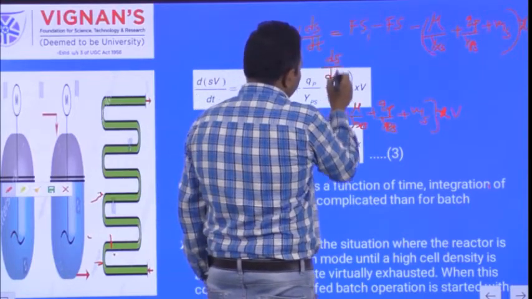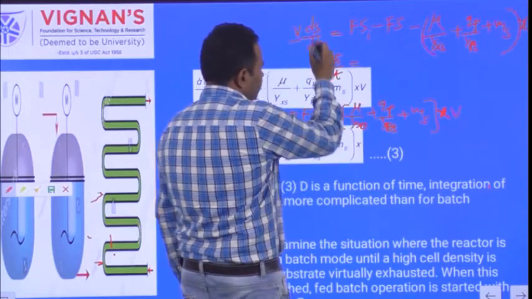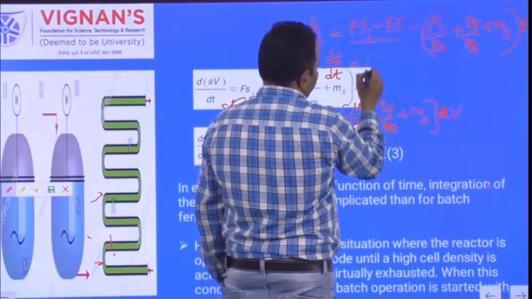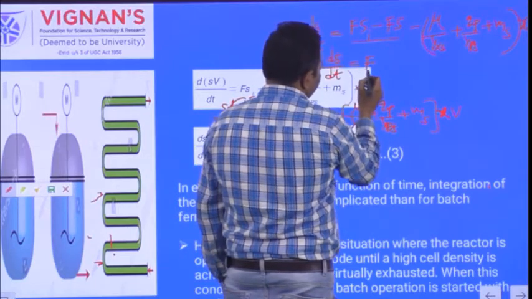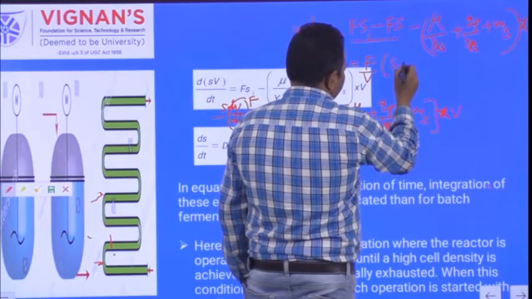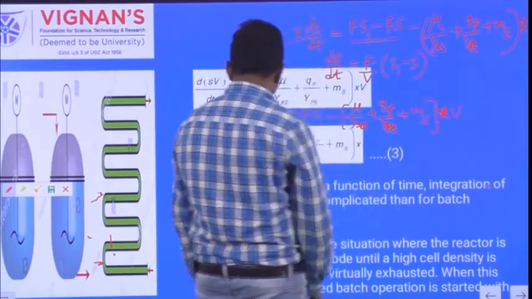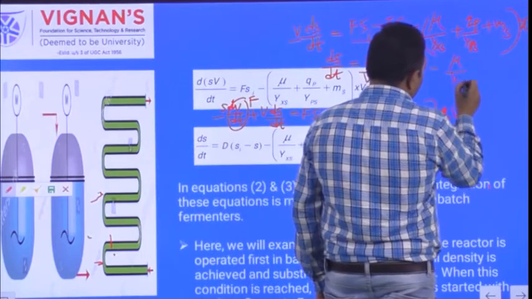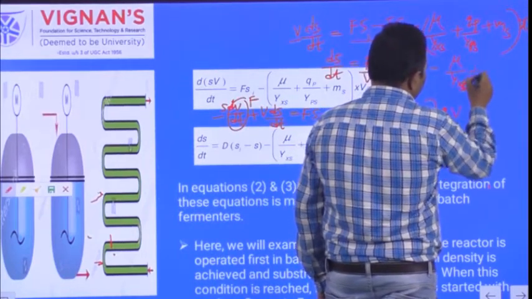That becomes dS by dt equal to, here you can take F common from these two terms. V, if you bring it to the right hand side, it comes in the denominator. So F by V into Si minus S, again minus mu by Yx/s plus